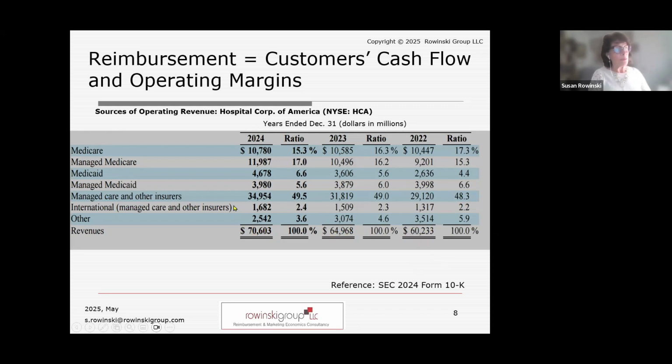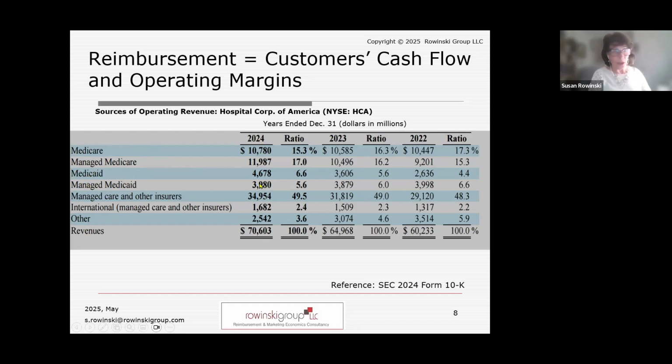Well, how is this money made? This money is made through reimbursement. That is, if we look over here on the left-hand side of my left, I hope it's your left, we have what's called a payer mix. And if we look at the Medicare payer mix of Medicare and managed Medicare, you're looking at reimbursements from Medicare in 2024 of roughly about $24 billion. If we look at Medicaid, the two line items for Medicaid, once again, in this payer mix, you're looking at,